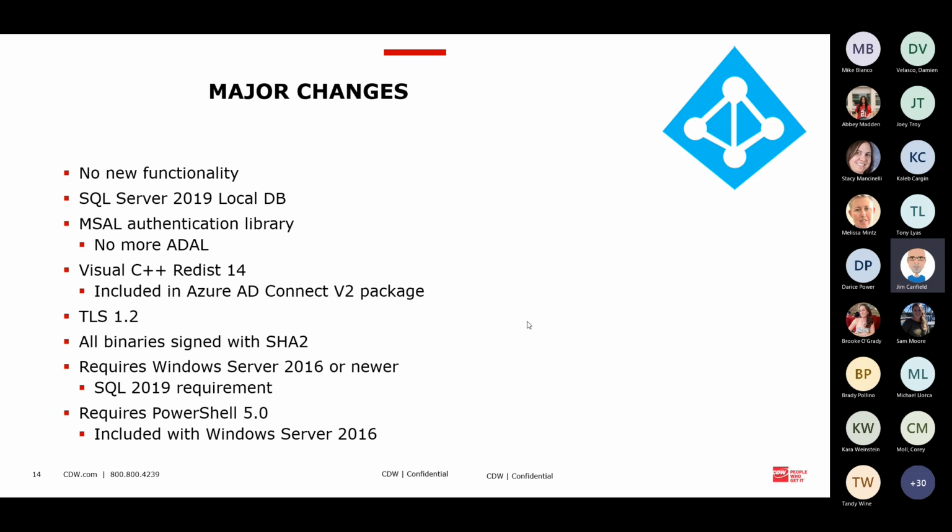But for all intents and purposes, Microsoft is getting very aggressive at getting clients to maintain or upgrade, and it can be a challenge. At the end of the day, they're trying to get everybody moved up to improve security. So the biggest change here is that AD Connect is going to